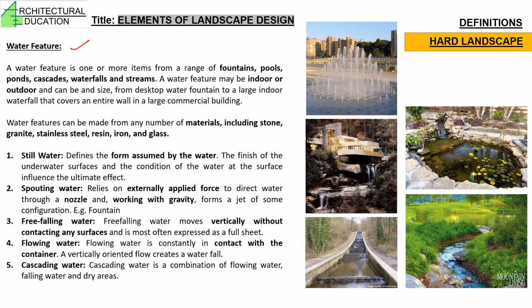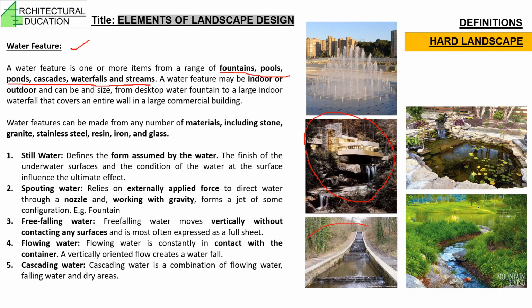Next one is the water feature. Water feature is one of the important aspects. In a water feature, what happens? There are multiple levels of water happening over here, like fountain, pool, ponds, cascade, waterfall, stream. So there are many. Even falling water is one of the best examples. A water feature may be indoor or outdoor, and can be of any size, from a desktop water fountain to